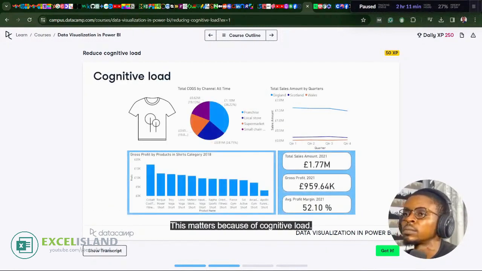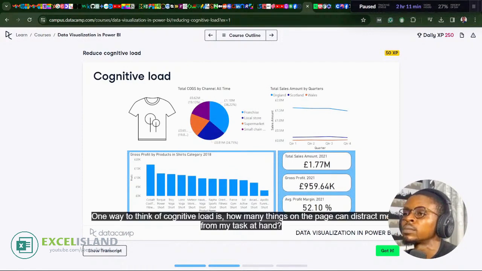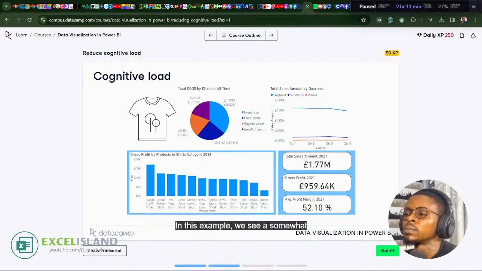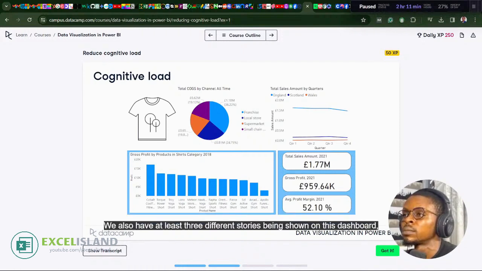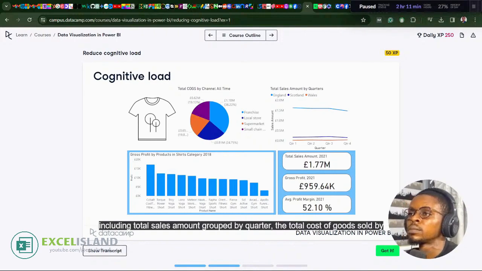This matters because of cognitive load. One way to think of cognitive load is how many things on the page can distract me from my task at hand. In this example, we see a somewhat information-dense dashboard with a lot of extra visual noise, things that do not provide timely, relevant information. We also have at least 3 different stories being shown on this dashboard, including total sales amount